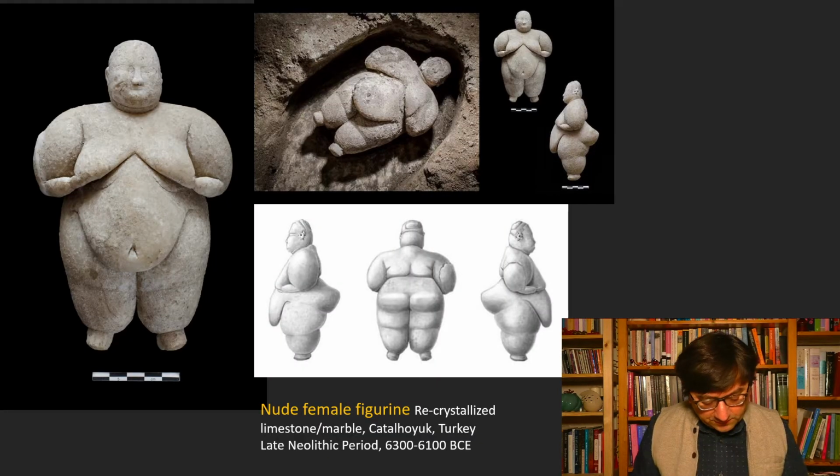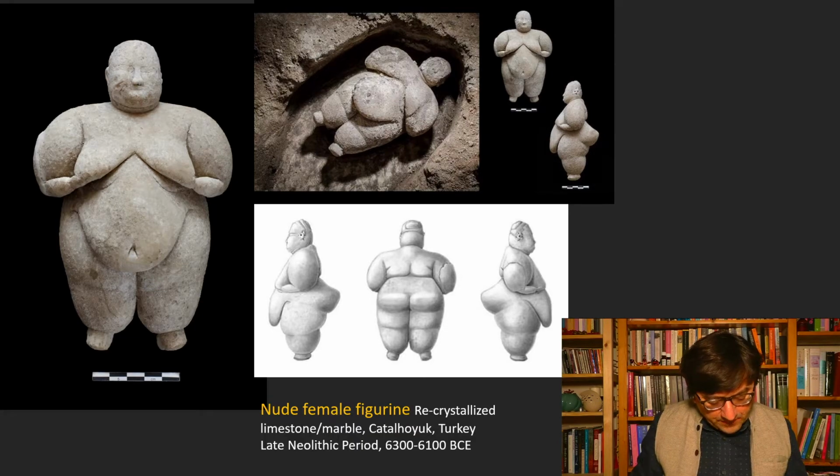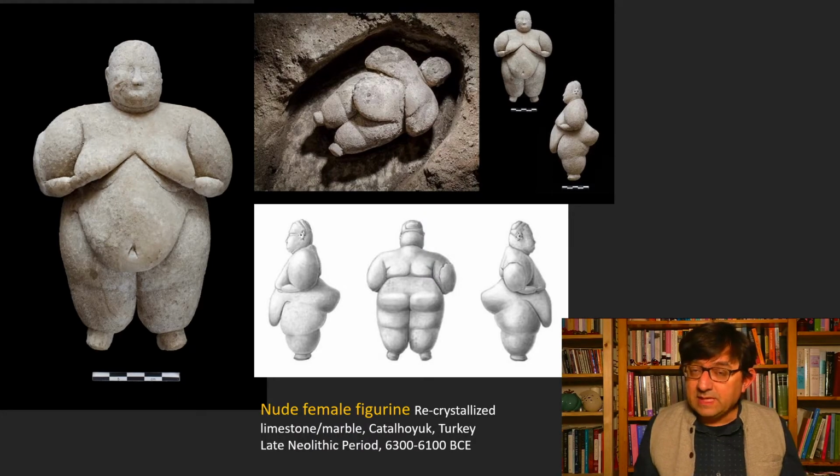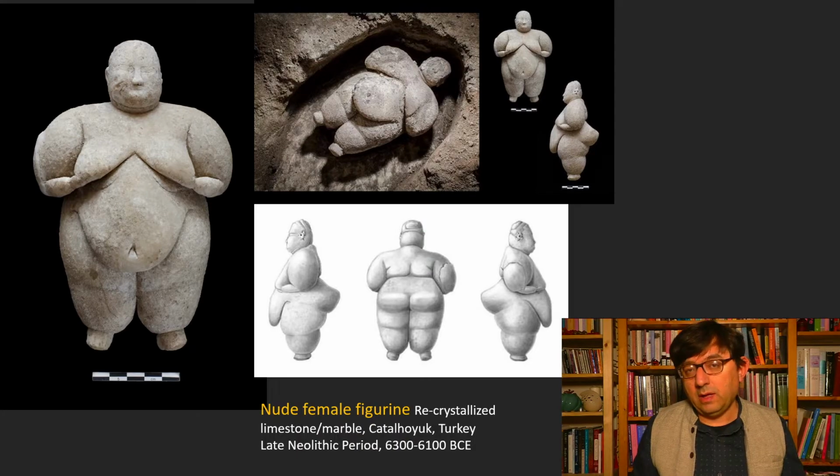So this large female figurine is about 17 centimeters high, yay high, about 7 inches. It was carved from crystallized limestone, as I mentioned. The representation follows a form of the female body known from other representations at this site, a nude female body with an overabundance of flesh, showing corpulent limbs, stomach, buttocks, and breasts.